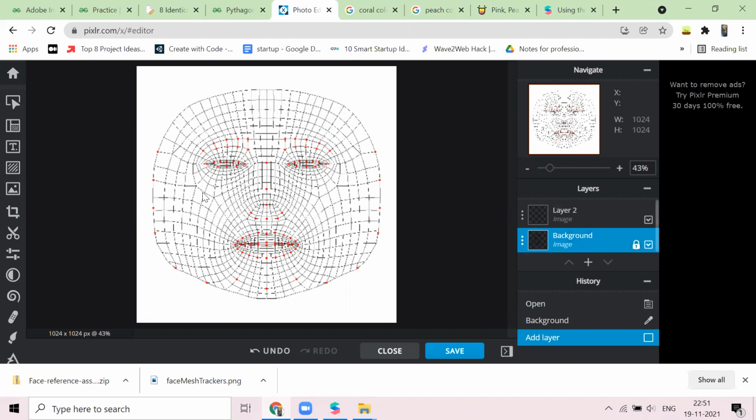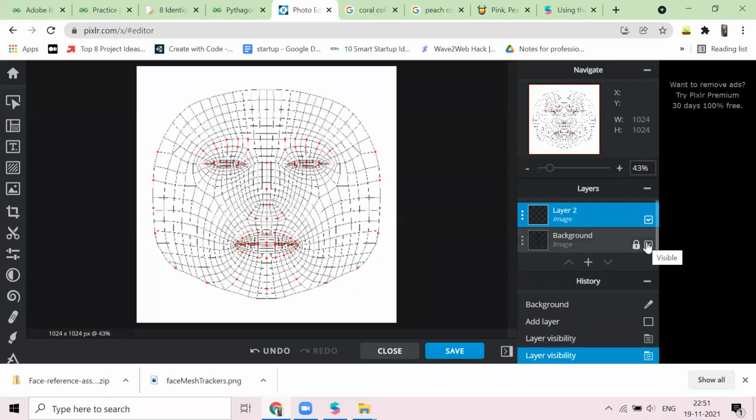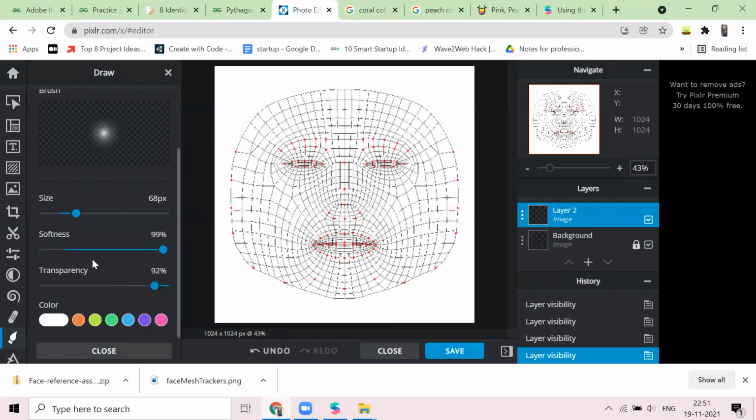Now, if we work on the background layer, तो यहीं पे designing हो जाएगी, and it will download all the lines and dots with the blush part, right? So we'll work on layer 2. Don't make this mistake. Always choose the layer before you start working. So see, whenever we disable the background layer, we have that layer 2. Okay. So for now, since we do drawing, we need that layer.